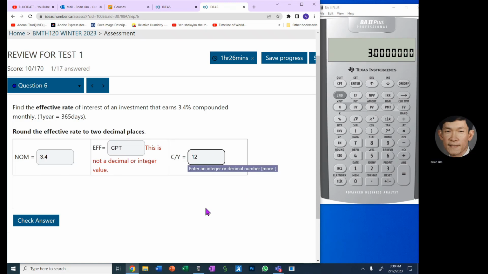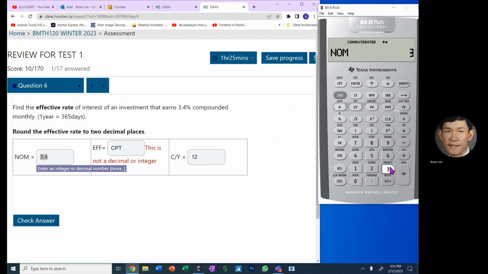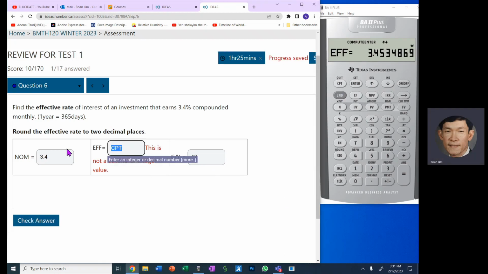Okay, so there we are. We know how to get to the effective: we have to use this I convert. So we go second 2, and we enter the nominal amount, which is 3.4. We go past the effective, and then we go to CY, which now is 12. Enter it, and we go back to effective, and we compute, and that should be the correct answer,